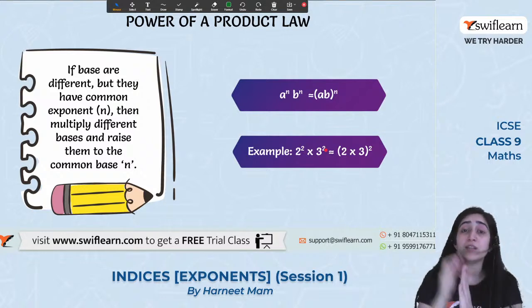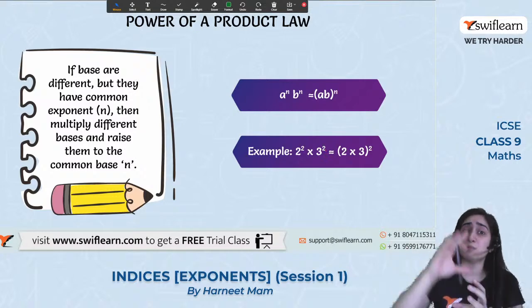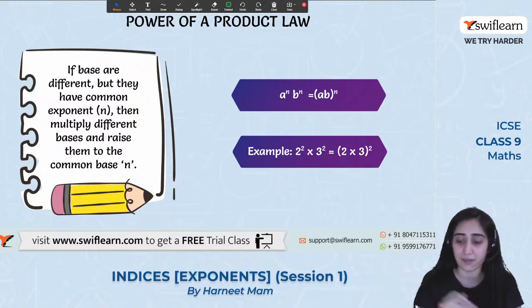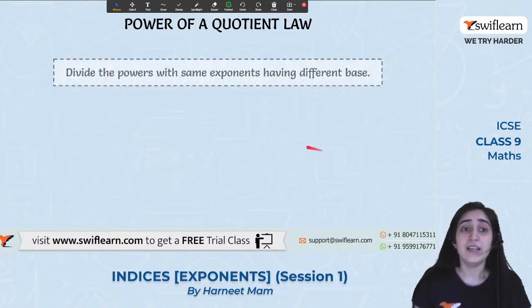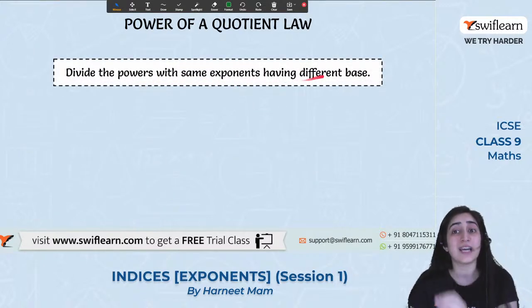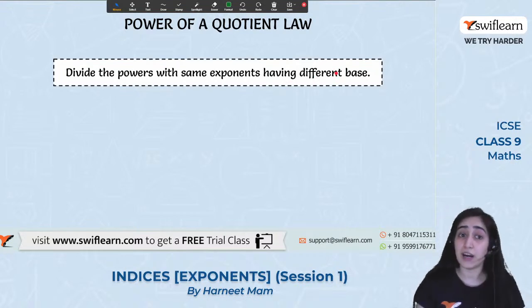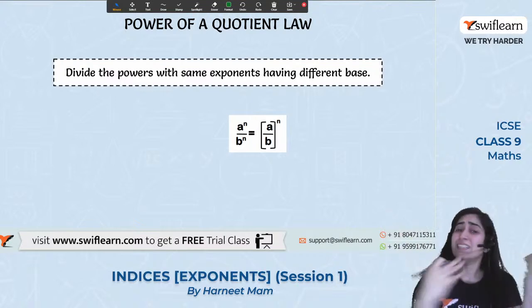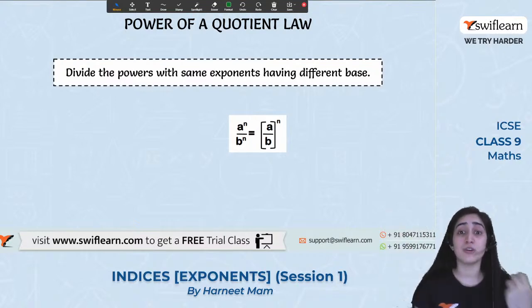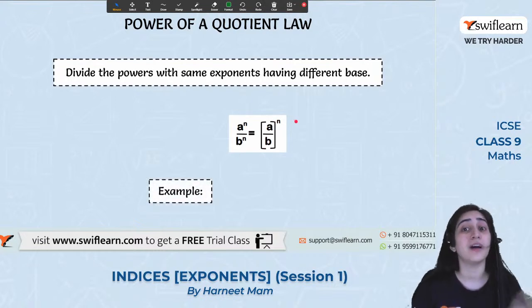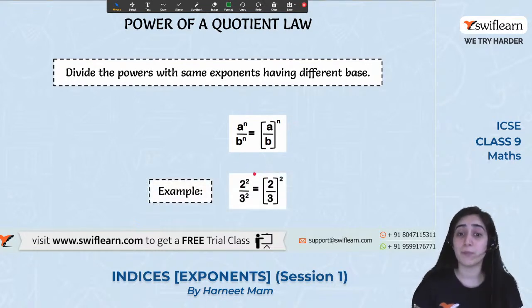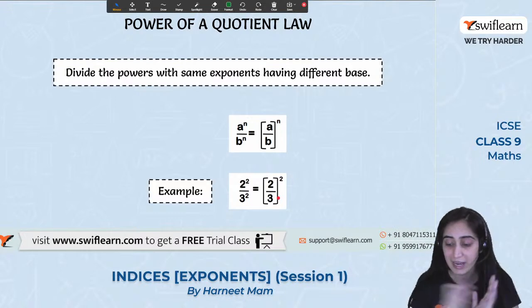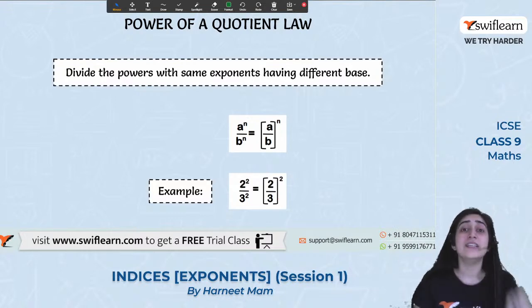अलग हैं. बट पावर जो दोनों की है raised to the power 2 ही है, तो इस केस में पावर्स को इकट्ठे ले लिया, नीचे बेसिस को मल्टीप्लाई कर दिया और वी विल गेट द आंसर। सो डिवाइडिंग द पावर्स विद द सेम एक्सपोनेंट्स हैव डिफरेंट बेसिस। नाउ अनदर पावर ऑफ कोटिएंट लॉ सेज दैट ए और बी हैं। अभी तक तो हम क्या कर रहे थे, जब मल्टीप्लाई कर रहे थे पावर्स सेम हैं, तो हमने उन दोनों को मल्टीप्लाई कर दिया, पावर्स को कॉमन ले लिया। सिमिलरली जब डिवाइड में होता है और पावर्स दोनों सेम होती हैं, तो हम उनको डिवाइड के लिए ब्रैकेट में इकट्ठे डाल देते हैं और पावर प्रॉपर कर देते हैं। सो बाय सेइंग दैट 2 raised to the power of 2, 3 raised to the power of 2, 2 upon 3 हम पूरा एक फ्रैक्शन ले लेंगे, पावर टोटल ब्रैकेट पे डाल देंगे। आई होप इट्स क्लियर.